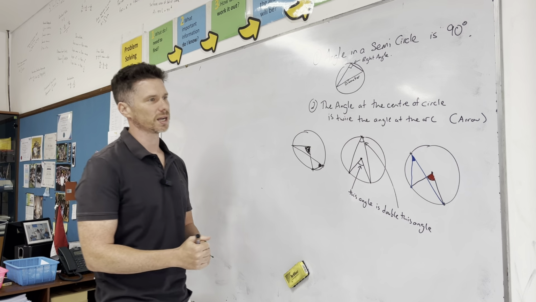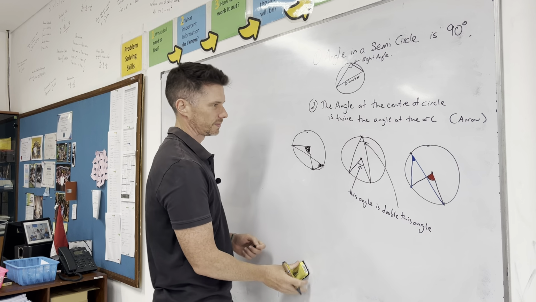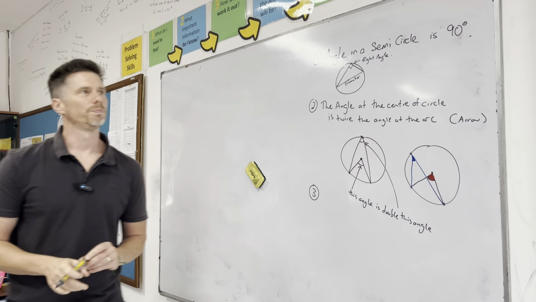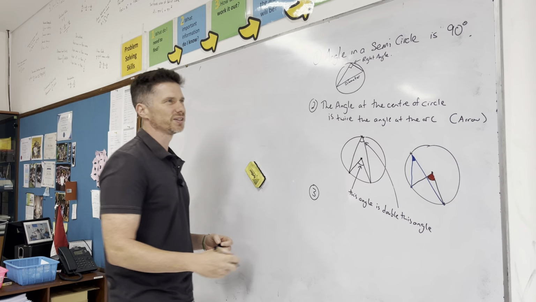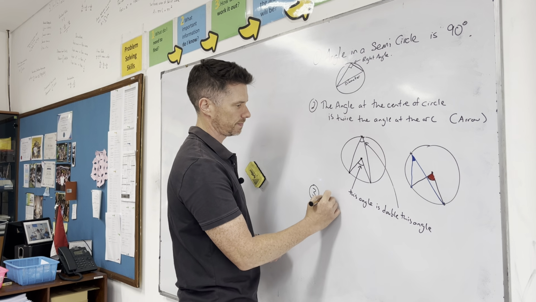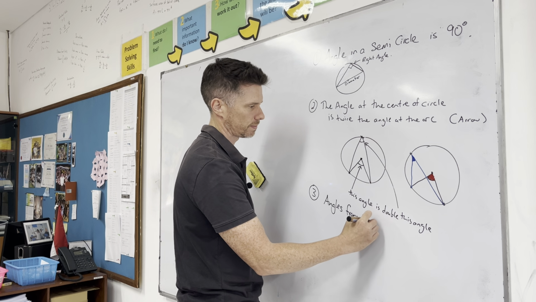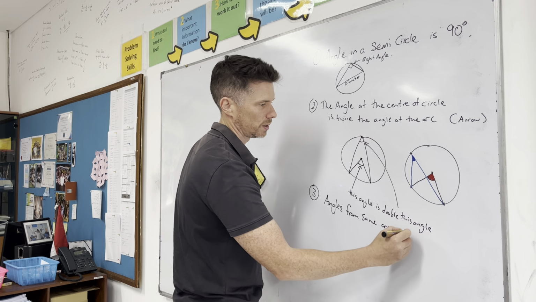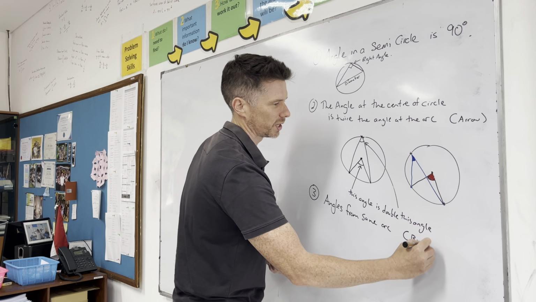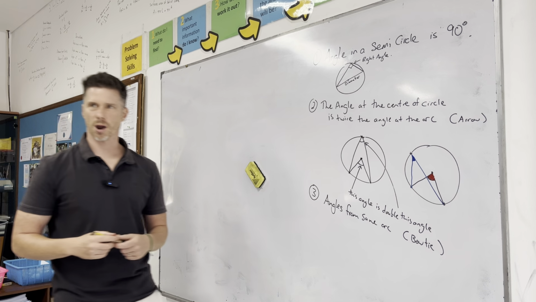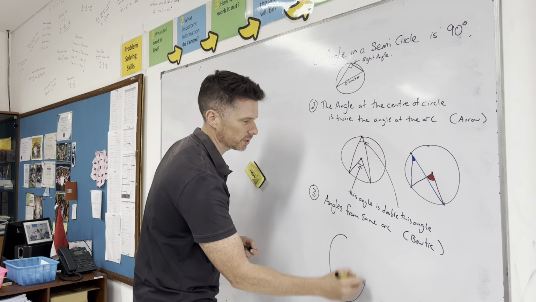Let's go to the next one then. So the bow tie rule are angles subtended by the same arc. So you call this the bow tie rule. So angles from the same arc. So we're dealing with the same arc again, but this time